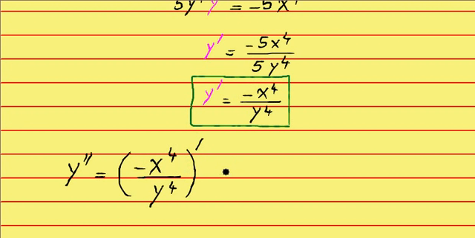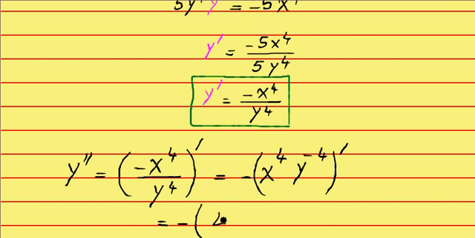We could go ahead and apply the quotient rule. With all these powers, it is somewhat preferable to use the power rule, but either way would be fine. To keep the material a bit shorter here, I write x to the 4 times y to the power of minus 4, and I want to differentiate that. Could put the minus inside or outside, that would be fine. With the power rule, I'll have minus